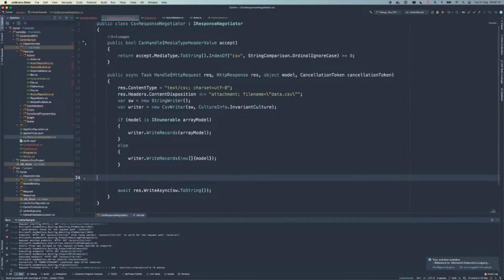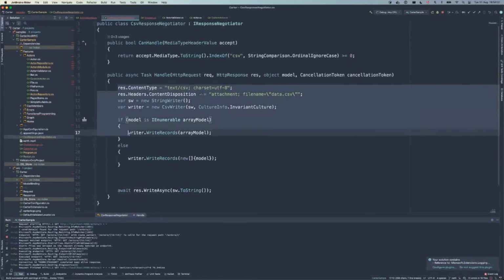It has two methods, CanHandle and Handle. As the request comes in, we say if the accept media type contains CSV, that's going to return true, essentially. And so Carter will then call into here to execute this CSV code.